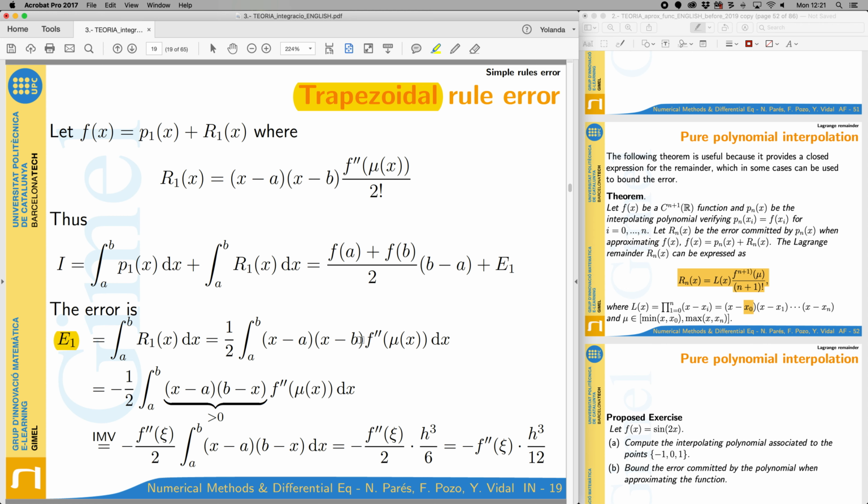Now here I would like to use again the integral mean value theorem, but I have a small problem, and that small problem is that I really need this function to be positive between a and b. But now it's not, because you see here I have positive x squared. So that means that I have, let's say, if this is a and this is b,